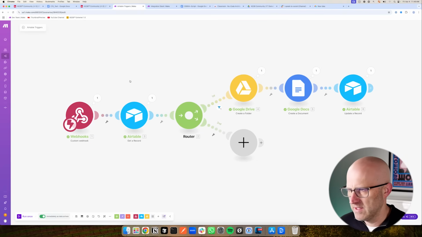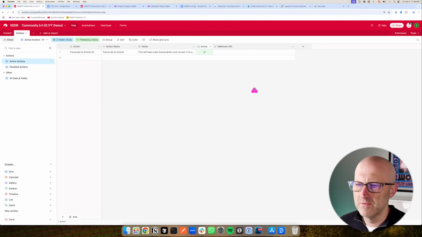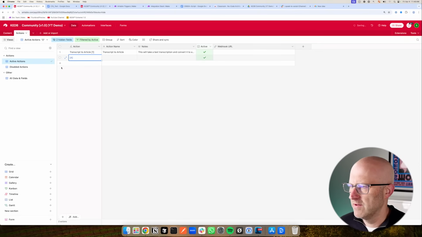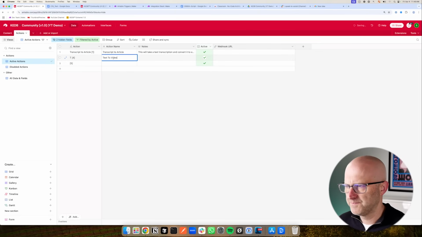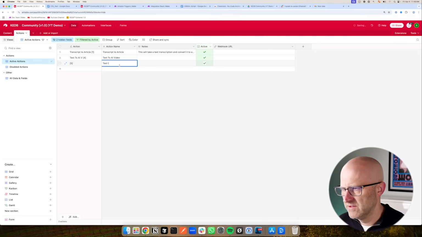So imagine you had this automation right here. This is automation 1. If you made automation 2 on a different page, it's going to have a different webhook URL. And then you would just copy that into the section here. So you could have multiple actions here. We're going to create a few other automations. Let's just add them. We're going to do text to video, AI video. We'll say AI video. And then we're also going to do text to